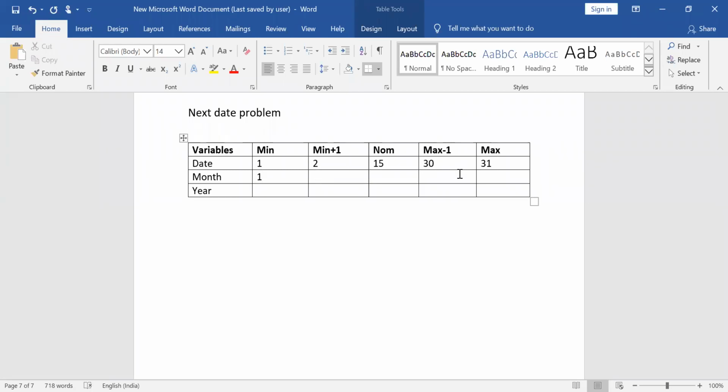There is no ambiguity with respect to your month or year. Year, there is a little bit; we'll just see it later. So no problem at all. Month, there is no ambiguity. 1 followed by 2. Next value will be 6. Last but one value is 11. Last value is 12. So it is very clear.